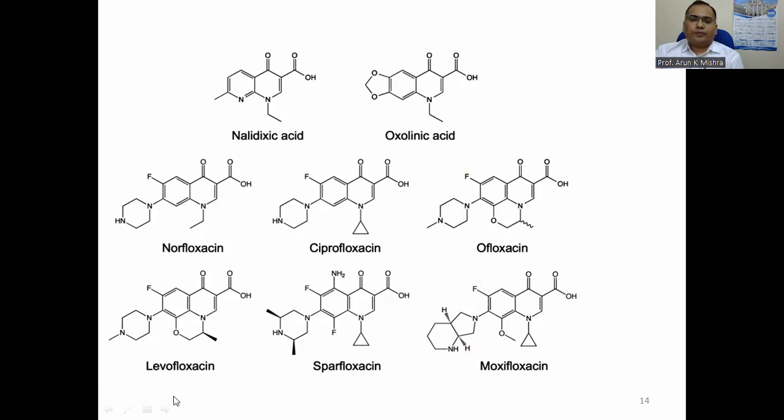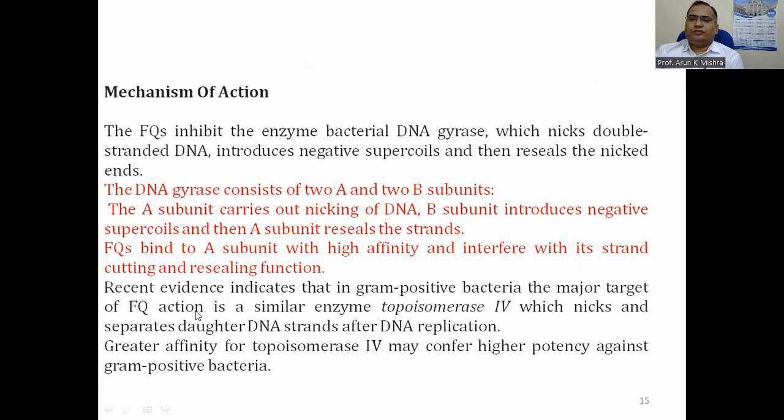Now, coming to the mode of action, this is very important, dear students. यह बहुत ध्यान से सुनने और समझने की जरूरत है, and especially the red highlighted part. The fluoroquinolones inhibit the enzyme that is DNA gyrase. जो DNA gyrase एक एंजाइम है, इसका काम है nicking, adding, and then sealing. Nicking means कट करना, दूसरा पार्ट हुआ इंट्रोड्यूस करना एक नेगेटिव सुपरकॉइल को, और तीसरा पार्ट हुआ कटे हुए पार्ट को फिर से जोड़ देना,